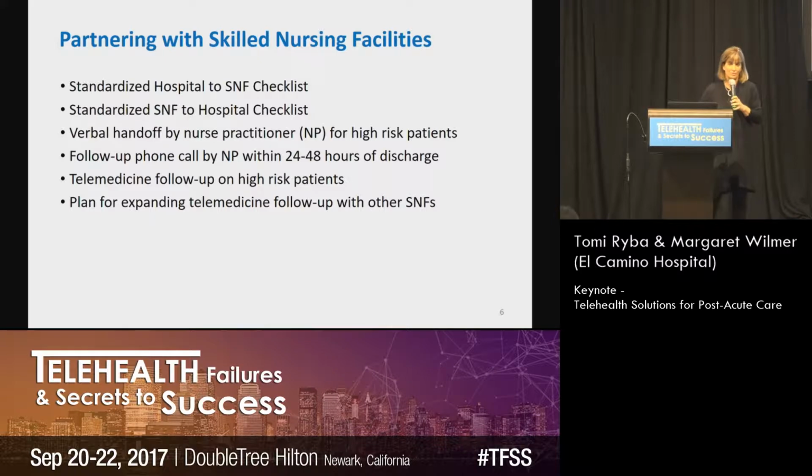That sounds kind of straightforward. You make a lot of phone calls, you do that all the time. But what this did is it just changed the conversation. It's hard to describe. We actually built better relationships with those SNFs where we had telehealth in practice because we got to know